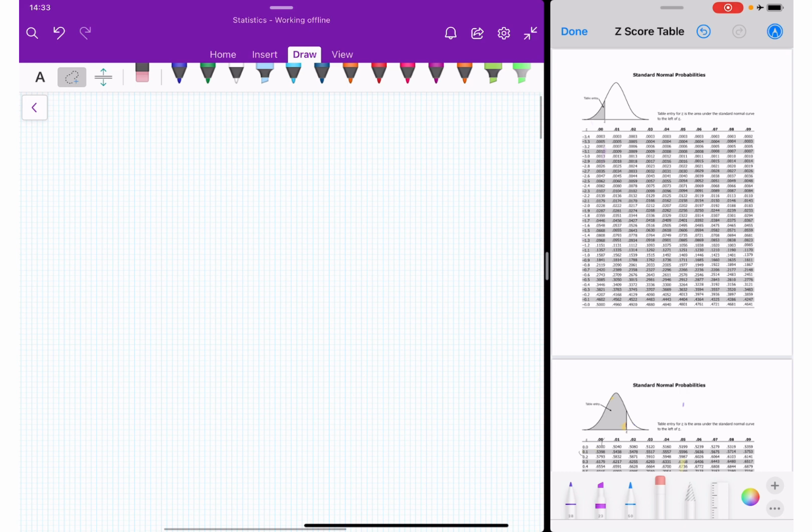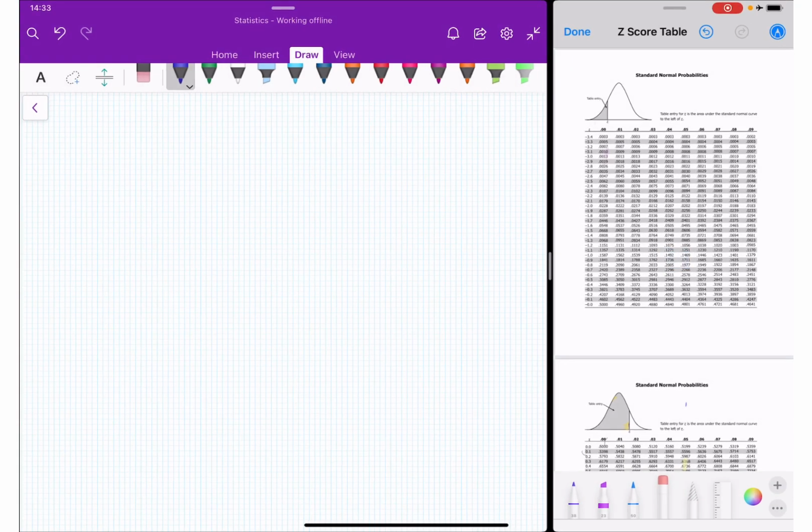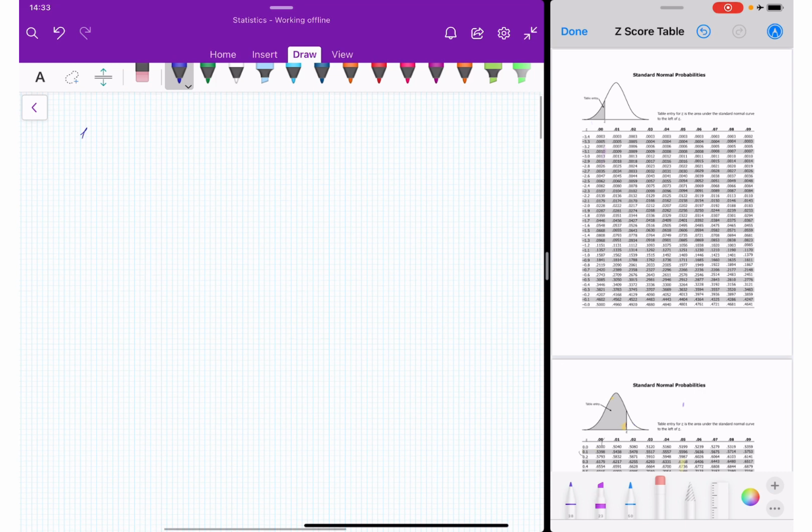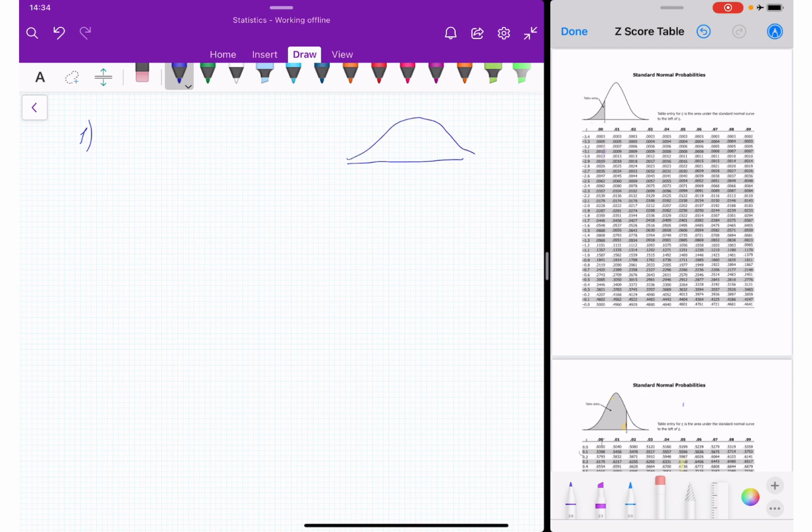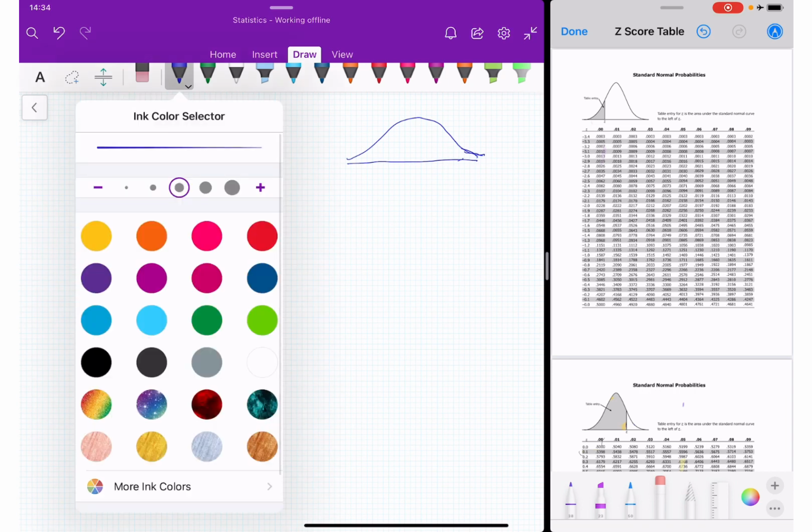Okay, we're going to work on the score table today. So question number 1. We have a graph with normal distribution, bell-shaped, right? Use your imagination, it's supposed to be bell-shaped. And we have z-score